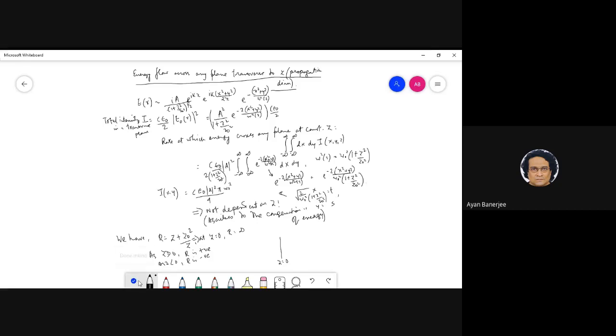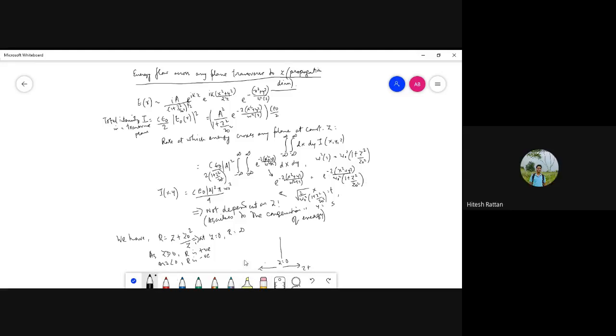Now what we typically attribute to this positive and negative nature is, as you go from negative z to increasing z,